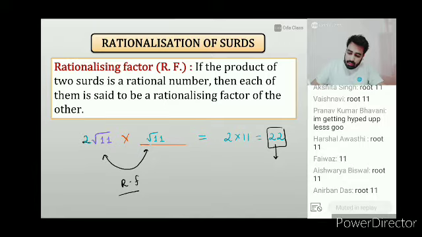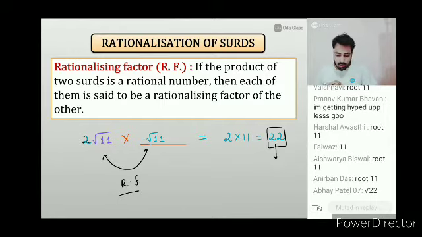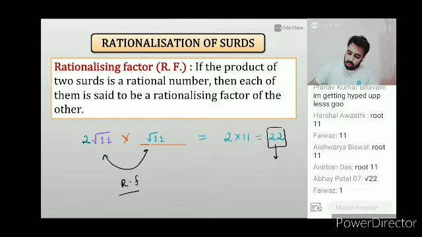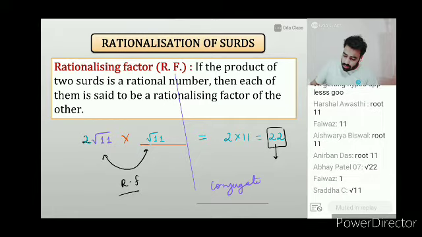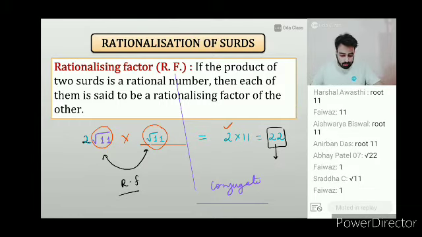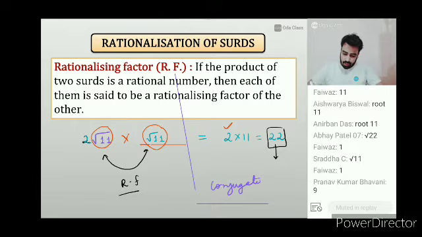So if I have any irrational number, what I need to multiply with that irrational number, both are known as rationalizing factors of each other, or sometimes we call it conjugate also. This RF we call conjugate also, both are the same thing. How 2 into 11? Because root 11 from here, root 11 from there, root 11 into root 11 will become 11, and the 2 is there. Can we put 2 root 11? Yes, you can put 2 root 11, 3 root 11, fine. But try to take the smallest value.